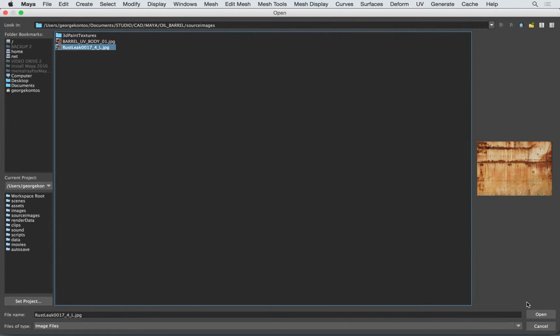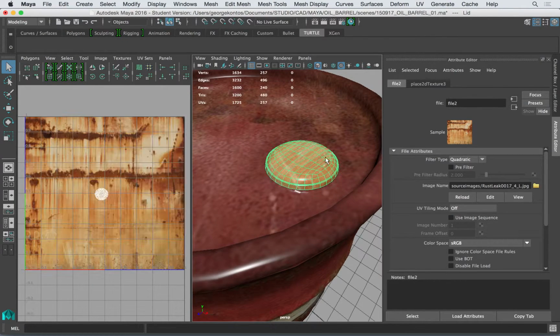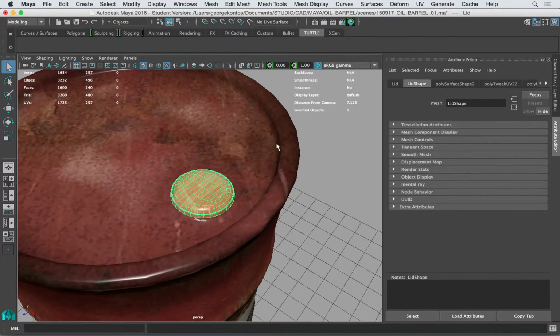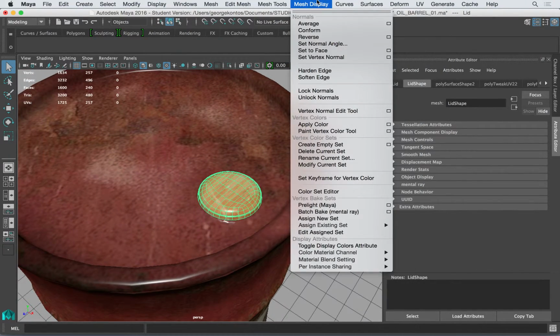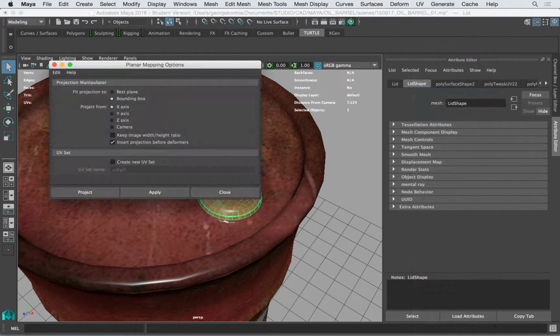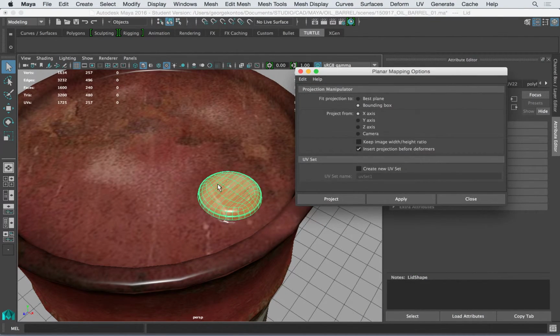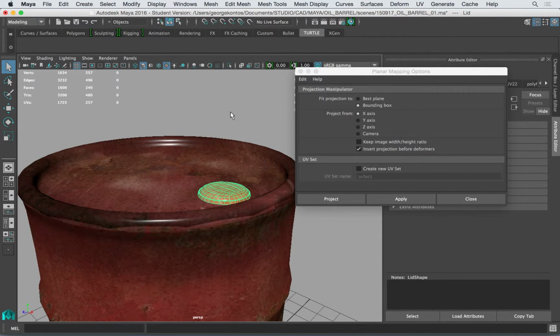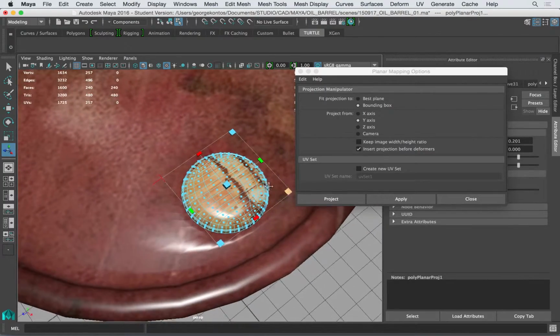and here we go. Takes me back to that, and I can also just do some projection here. So I can go and do a UV planar projection. I want to planar map that, and I want to planar map that on the Y. So it should be there. Apply, and here's